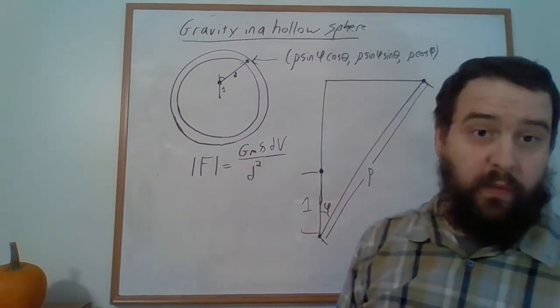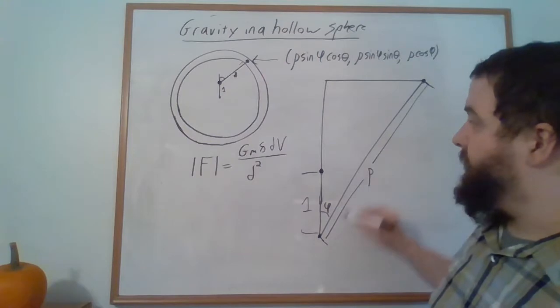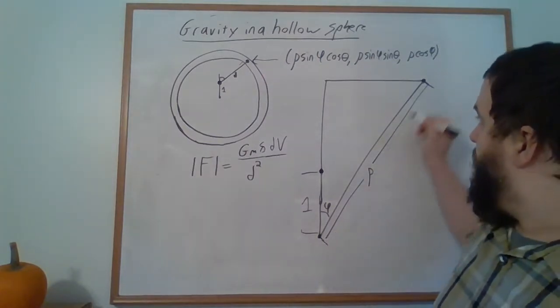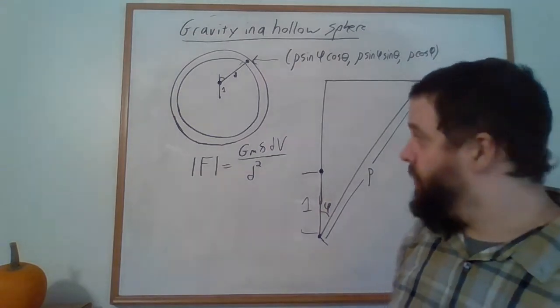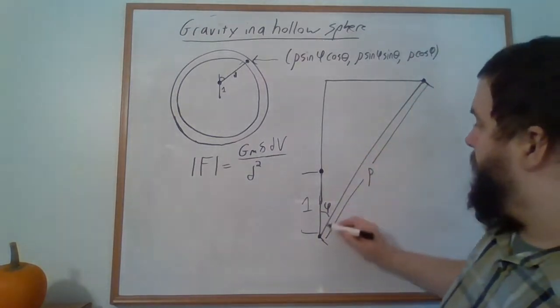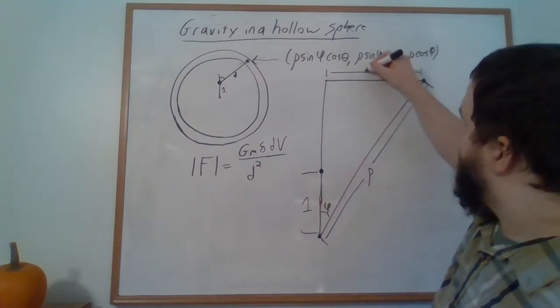Right, that's what rho represents in spherical coordinates: simply the distance between the origin and the point in consideration. So this is our rho. Doing a little bit of trig, this distance here is rho